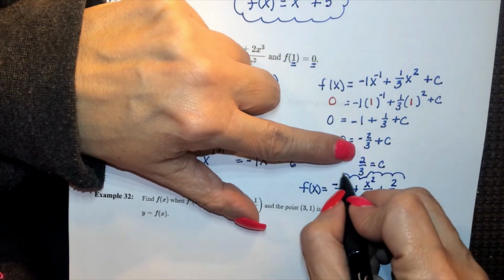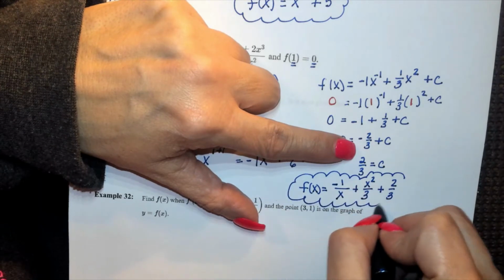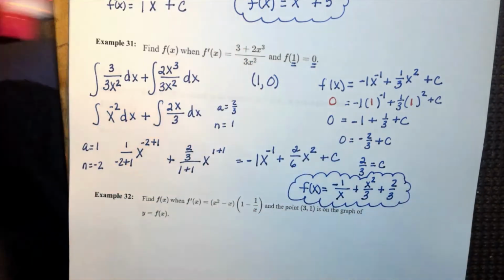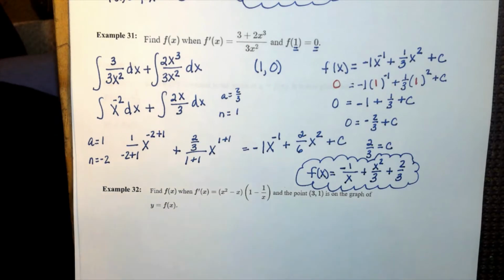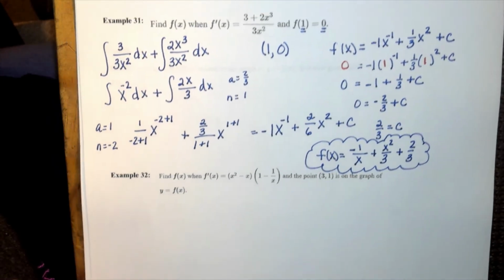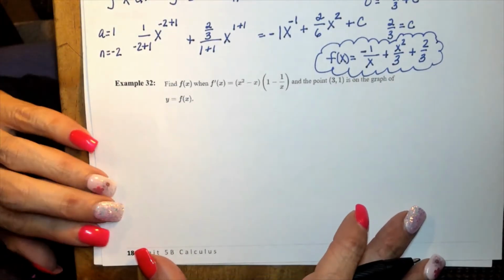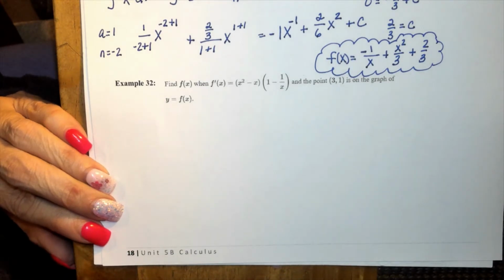Lots of different ways I could write that. I'm just writing it without negative exponents. I get the impression from IB they don't really care about the negative exponents. I haven't seen much about that. All right, 32. Now I'm going pretty fast on this, so if you need to go back and rewatch those